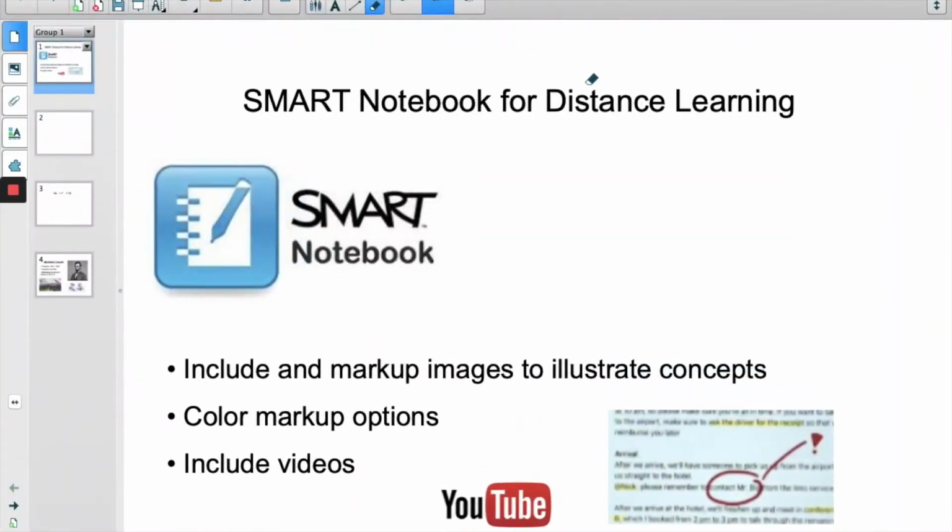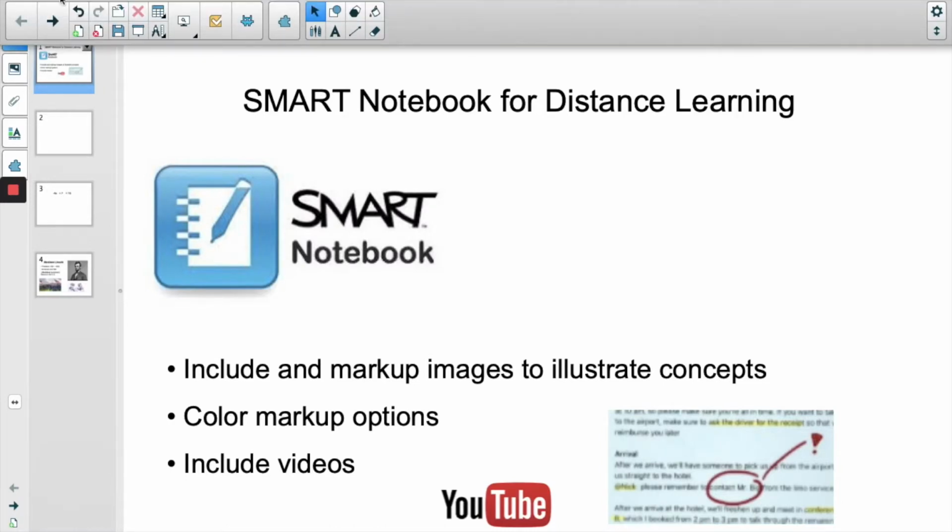This is a brief video tutorial on how to use Smart Notebook software for distance learning. So Smart Notebook software is software that you use when you use a smartboard in your classroom. So the really great thing about that is that most of us already have Smart Notebook software installed on our devices. And for those of you who don't have Smart Notebook software installed on your devices, it's really easy to